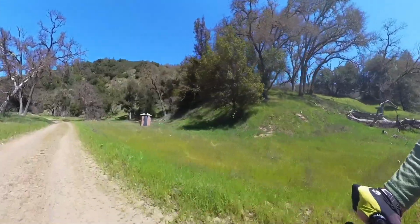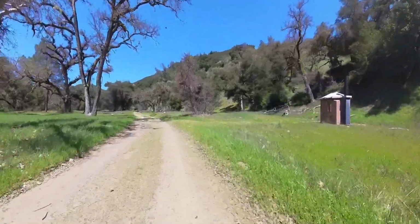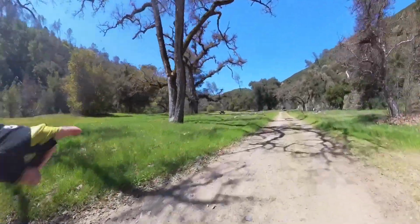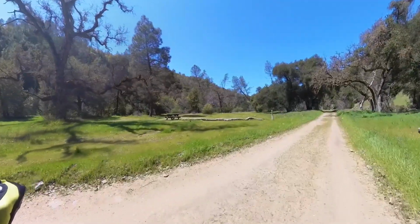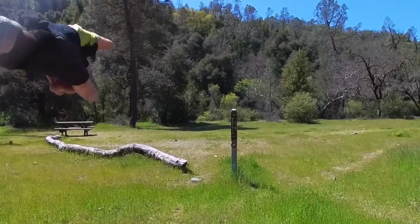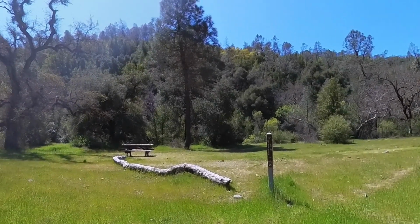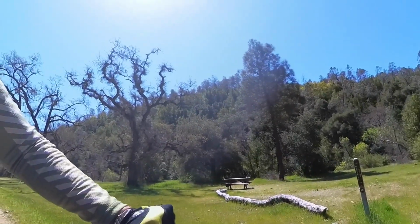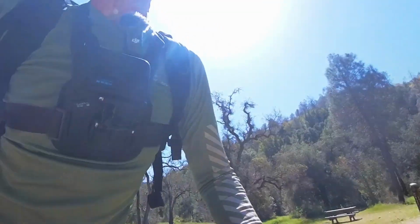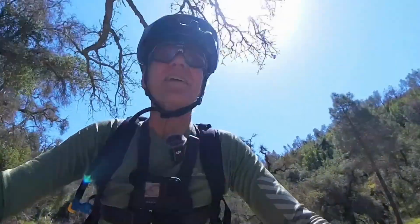So this is definitely a camping area because you can see there's an outhouse there and a picnic table over that away. And this must be the trailhead. Yeah, that sign there says Poverty Flat, and that right there is the Cougar Trail. It takes you to Manzanita Point, which is where I kind of wanted to go, but if you look at that ridge, it just goes kind of straight up, and I don't want to get into more hike-a-bike situations. So I think what I'm going to do is just take this road